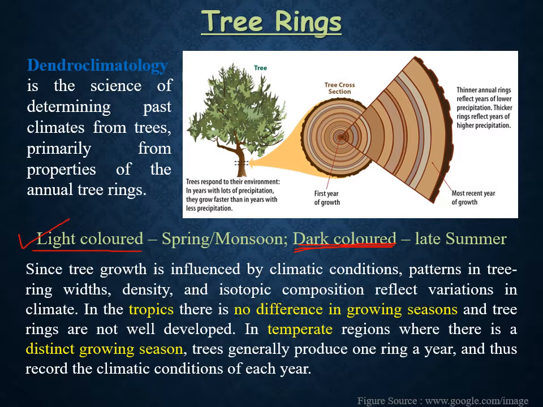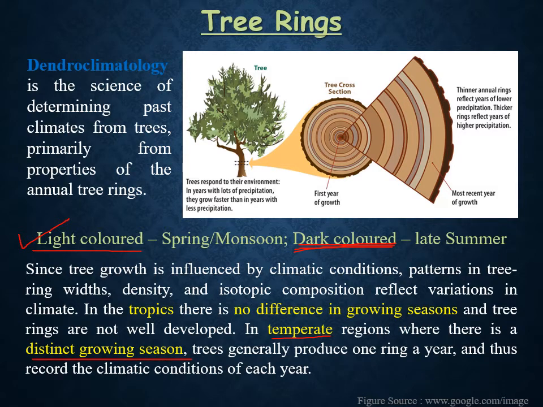In contrast, in those areas where year round almost the same kinds of seasonal and environmental conditions persist, these growth rings are not well developed. So particularly in temperate regions where there is a distinct growing season, we can see these kinds of growth rings by which the paleoclimates can be